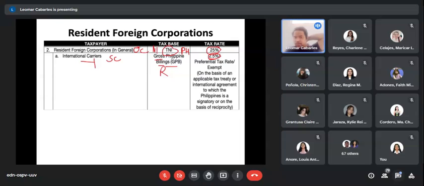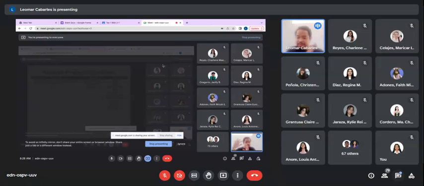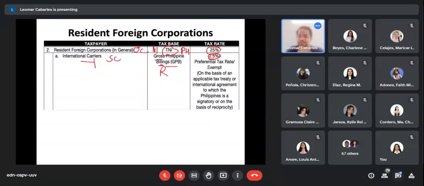Okay? So medyo lugi pa nga itong naka 2.5% kasi regardless kung net income siya or net loss, may tax pa rin siya na gross Philippine billings. Kasi the basis is the billings or revenue. So take note of the basis. Notice lang, pwedeng ibang rate yan, pwedeng hindi siya 2.5 if preferential tax rate applies. Or it is exempt. So magiging 0.